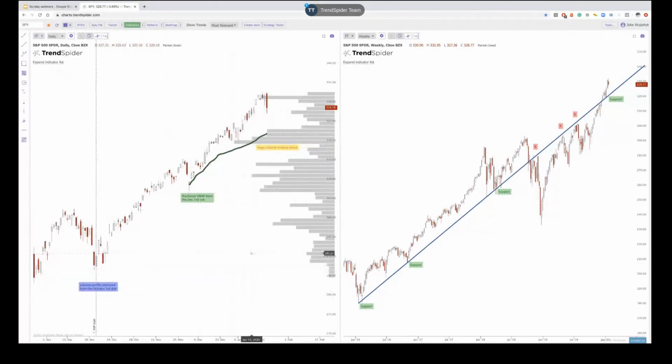And this is actually something Brian Shannon taught me about anchoring. Brian is the creator of the anchored VWAP, which is the second indicator we have on here. And I anchored this VWAP from this capitulation area on December 3rd, because if you do anchor it from here,